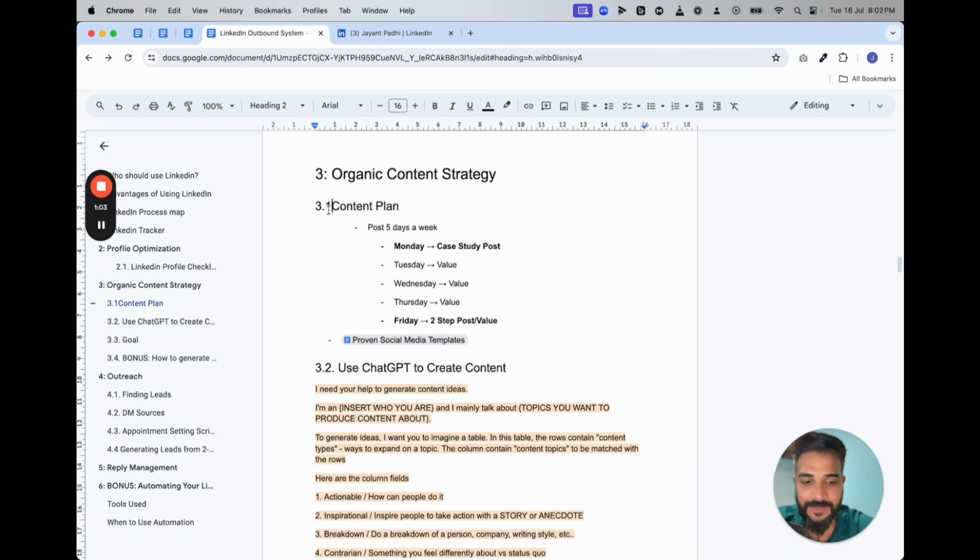So how exactly to draft a content plan, or how exactly to start posting content? First things first, we'll learn about the content plan here, which is what I do and what works best for me, and you can pretty much copy paste this. And if you feel like your target audience is active on, let's say, Saturdays and Sundays, and less on any other day, you can obviously change things. But I post 5 days a week, and this is in general a good enough place to post.